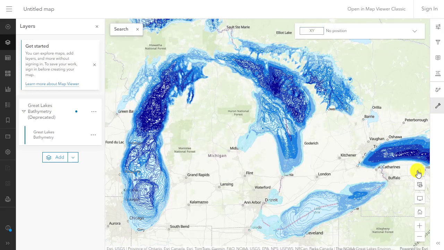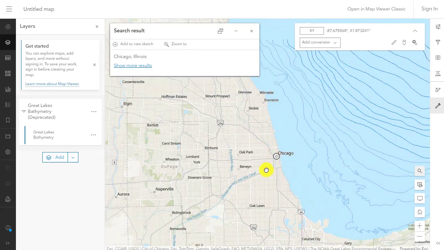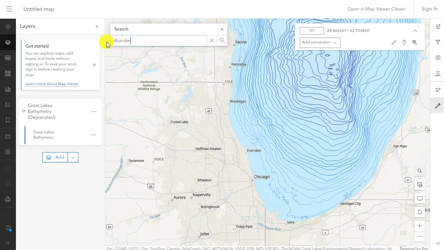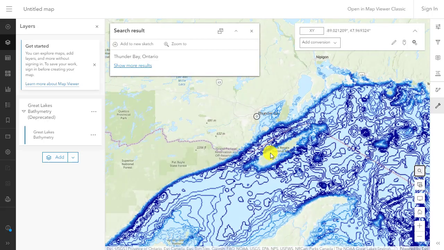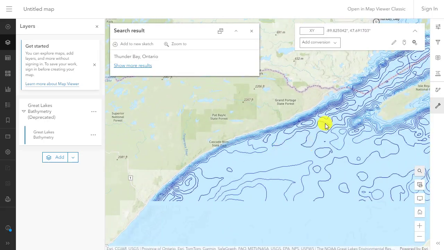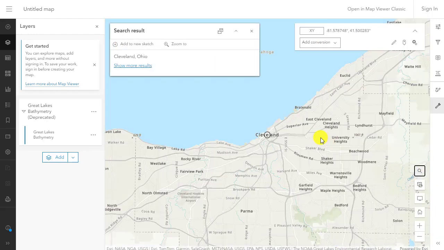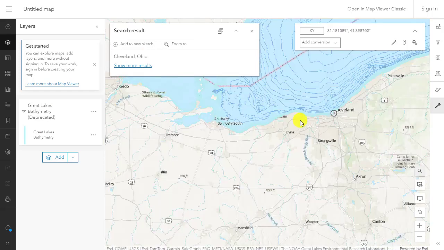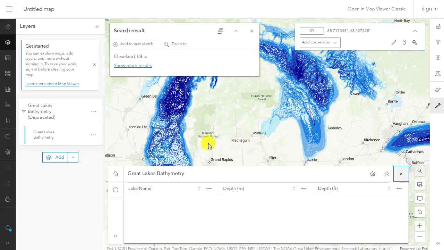Fascinating. Let's go ahead and search for Chicago. Let's look at different cities on the Great Lakes and look at the bathymetry. How deep are the harbors? We can look at Thunder Bay, Ontario. Notice in the case of Thunder Bay there is a steep drop-off into the deep part of Lake Superior. So it's a lot deeper there than just offshore of Chicago. Cleveland, a lot shallower than Chicago, so we're looking at spatial patterns on the landscape, and in this case, underneath